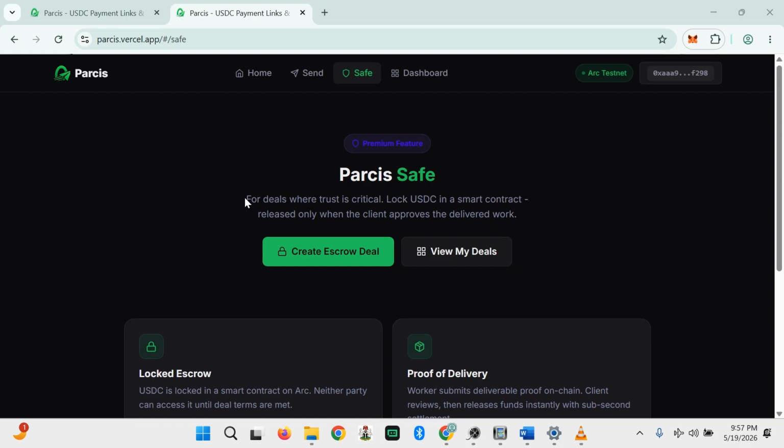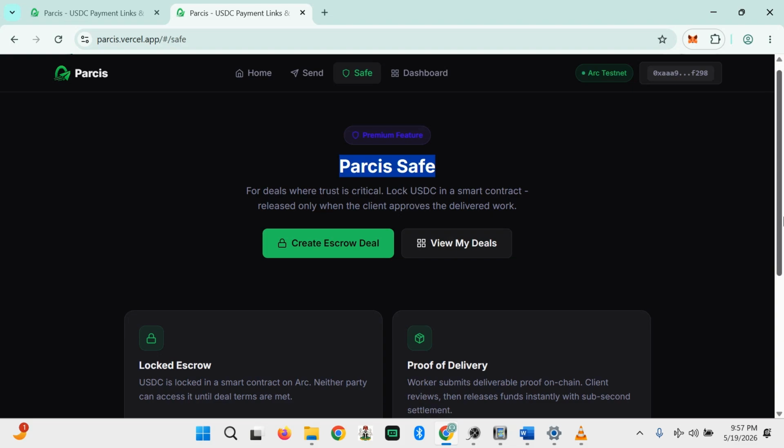One thing about the Parcis platform, it's all about solving problems, right? We have solved the problem of address optimization, and also Parcis is the solution between two strangers where trust is a critical issue, right?